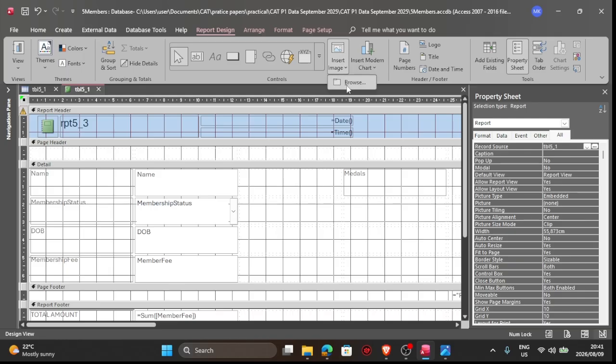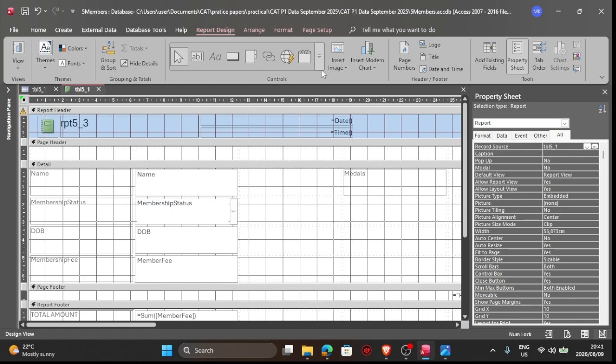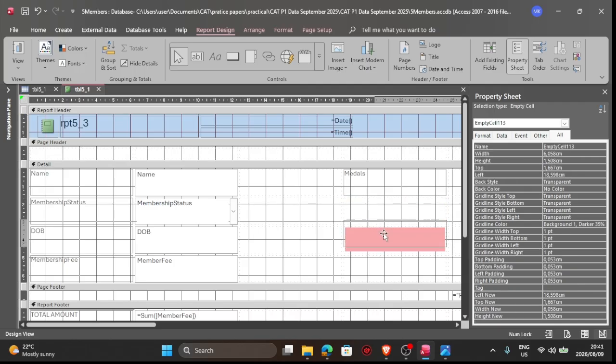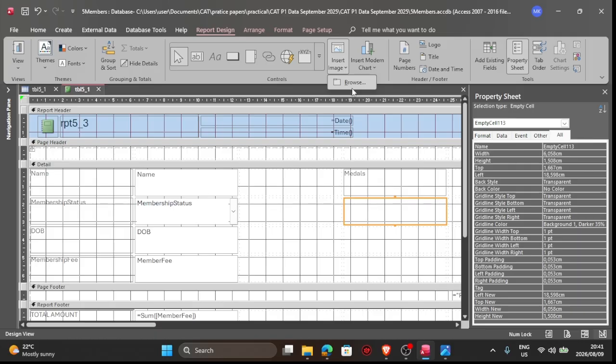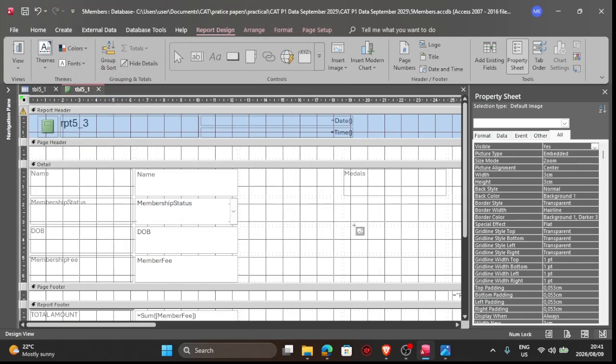So insert image, browse, or another way to do this is to go to controls, grab the image, put it in here, and then insert your image. This also still works. So I'm just gonna use the easy way, going to insert image, take my medals, enter,